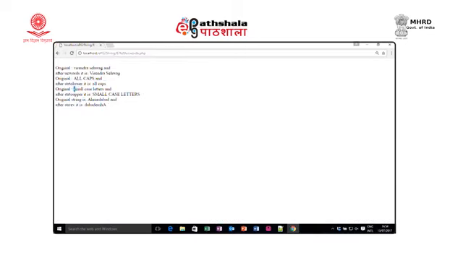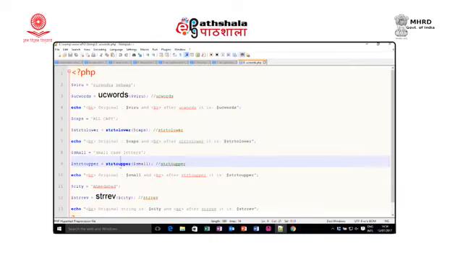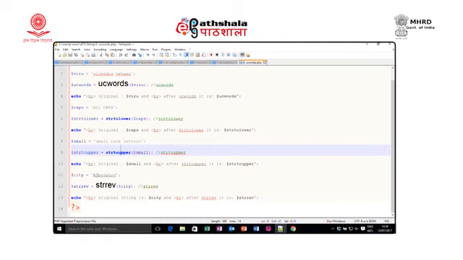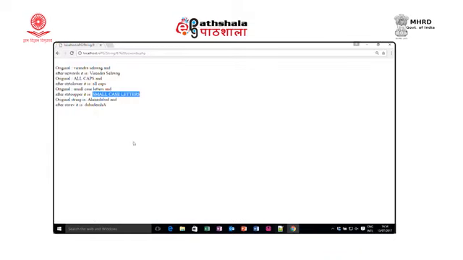Same way, here all these are small case letters, you can convert them into uppercase letters by using the function strtoupper. And $city is Ahmedabad, I want to reverse it. So, I use the function strrev for string reverse. It will return the string in reverse way, means right to left.